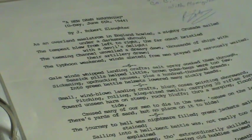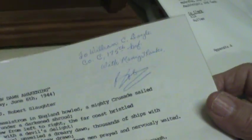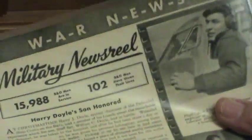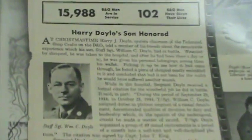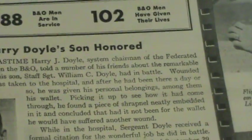This is a poem that a fellow in the 116th Infantry wrote and sent to me. And here is something my father had put in the B&O magazine. My father worked for the B&O Railroad. Harry Doyle's son honored. I'm going to just read it. Harry J. Doyle,